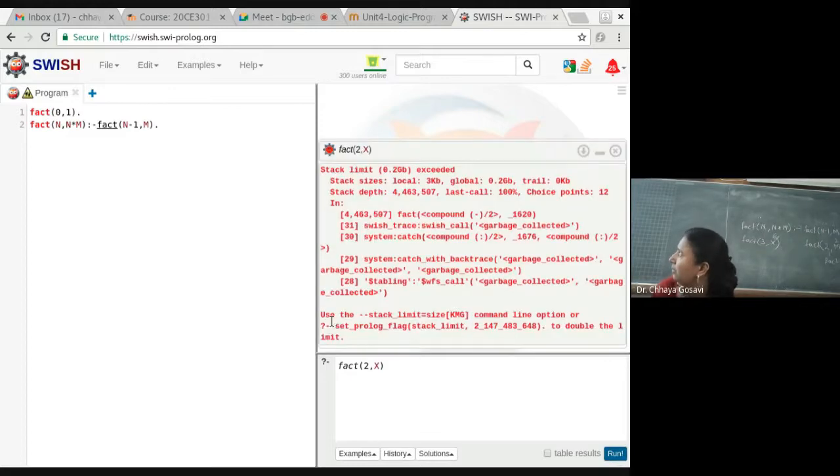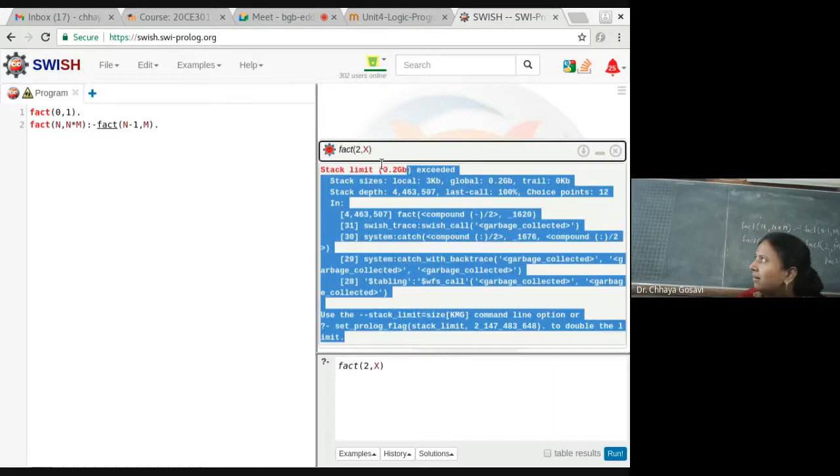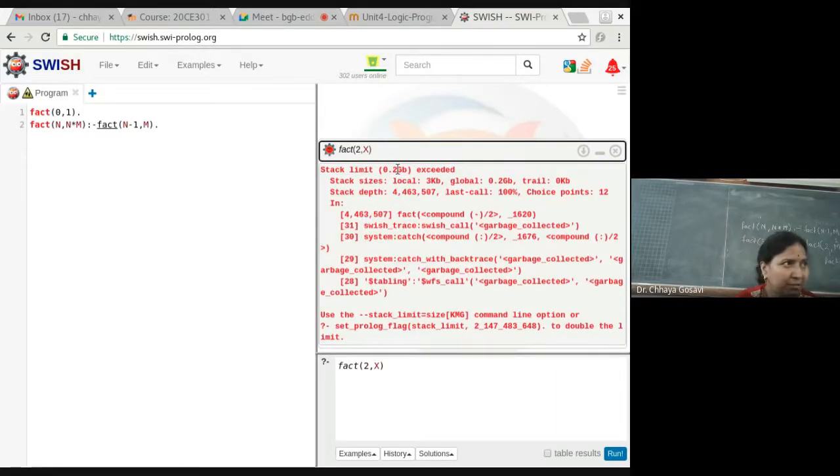I'm getting an error. Can you read out the error? Stack limit is 0.2 GB, which is exceeded. Stack size is 3 KB. Stack depth, and we cannot solve this with recursion.